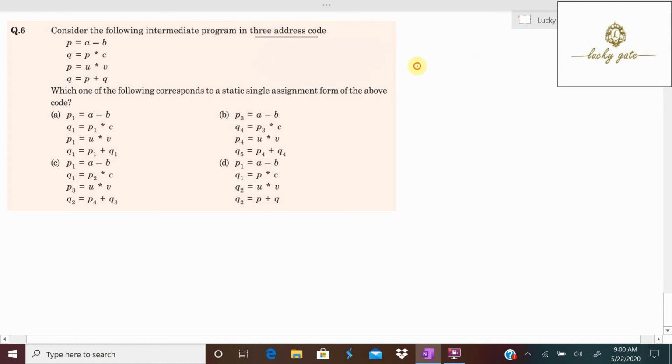What is 3 address code? It is a statement that contains at most 3 memory references, meaning a maximum of 3 references should be there in any statement that you specify. Then only we call it a 3 address code. Now this is a 3 address code mentioned, and the question is which one of the following corresponds to a